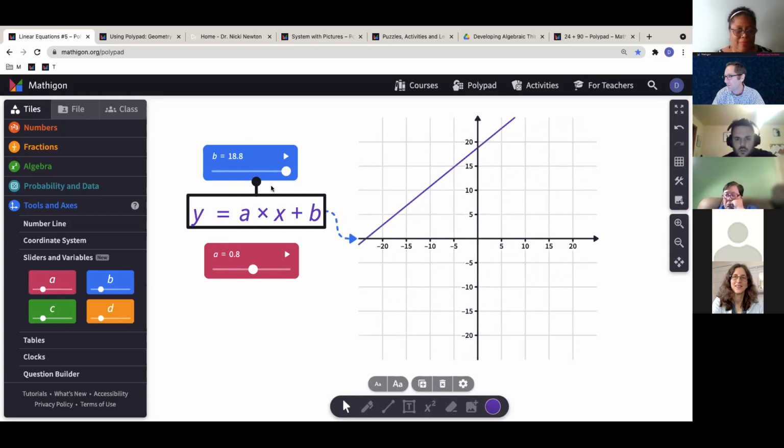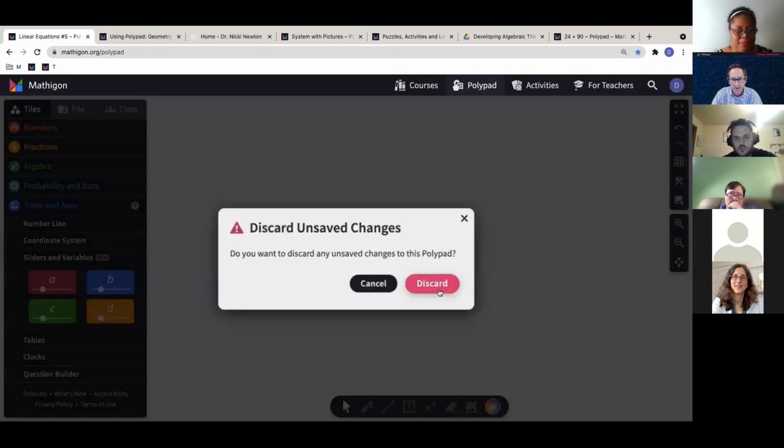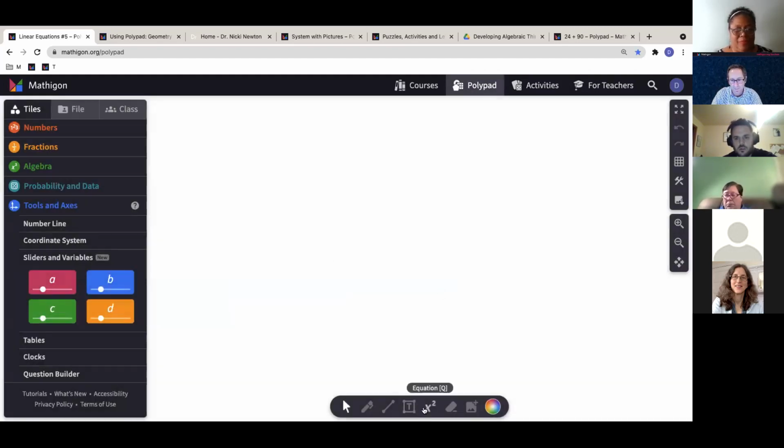Super fun. All right, let me do an algebra tile example and then we will open it up to questions. I just want to do one example of completing the square here. So let me go to a new Polypad. I'm not going to spend time now talking about why students might need to complete the square. We could spend a whole webinar on that, but I'm just going to take the expression x squared plus 8x